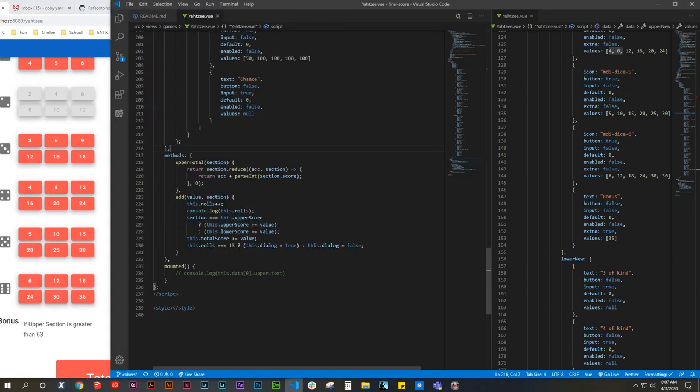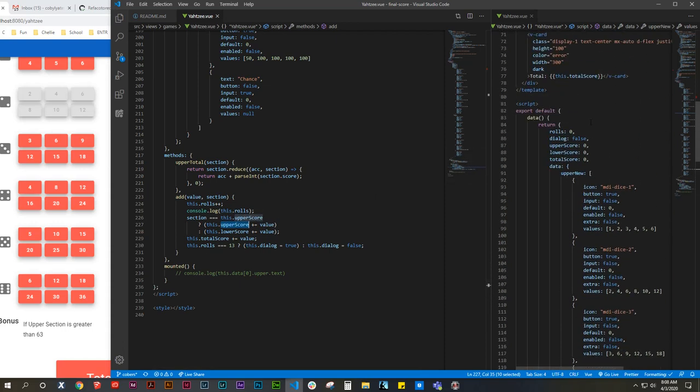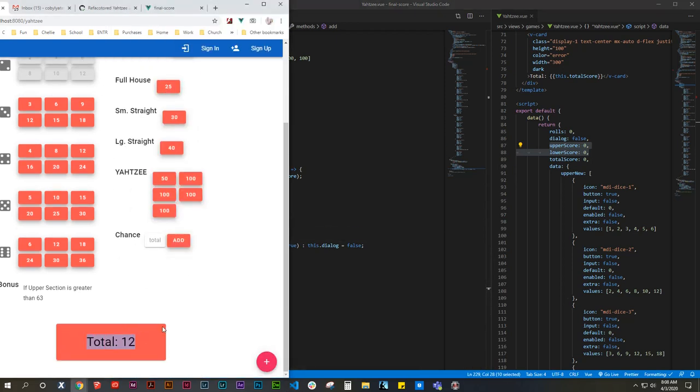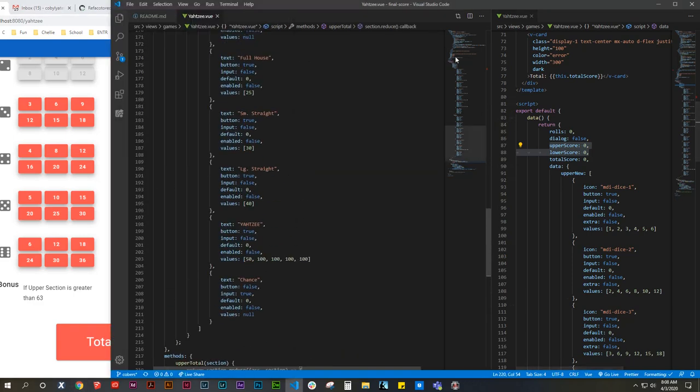So that's how I did it: I just specified what section, and if section was passed in, then I would increase two data objects right here. So I have upper and lower section, and I would add those values to that, and I would also add the value passed in to the total score, which is what shows down here at the bottom. And then if you go back up,